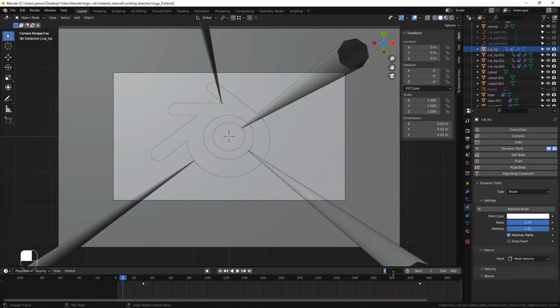So let's go to frame 29. We'll drop our alpha and wetness both down to 0. Hit I to establish a keyframe, and then we'll jump forward 1 frame, bring these both back up, hit I again to establish another keyframe, and then we'll jump forward to frame 330 when our cut sequence ends. Give those both keyframes at 1, then go forward 1 more frame, drop these to 0, give them another keyframe,